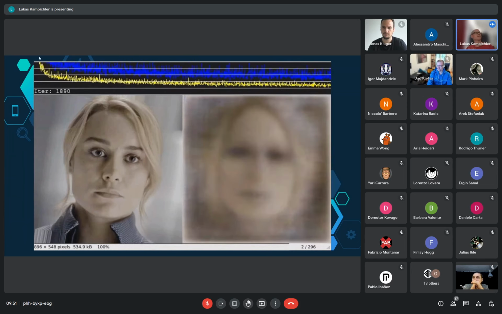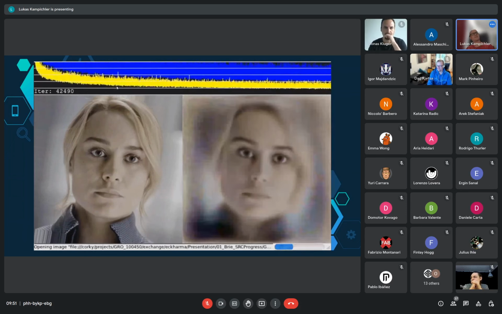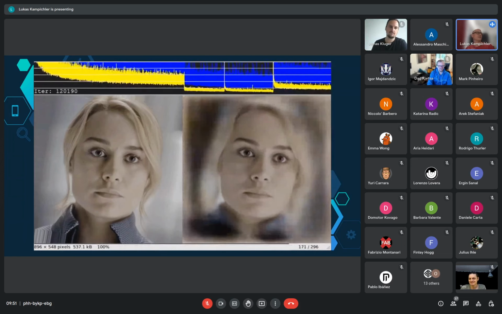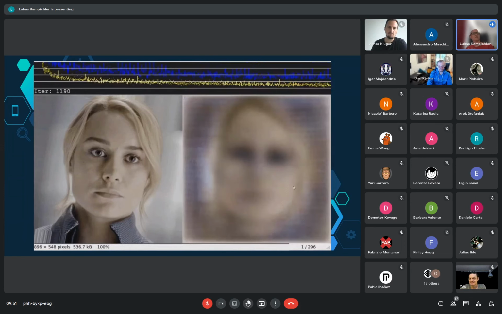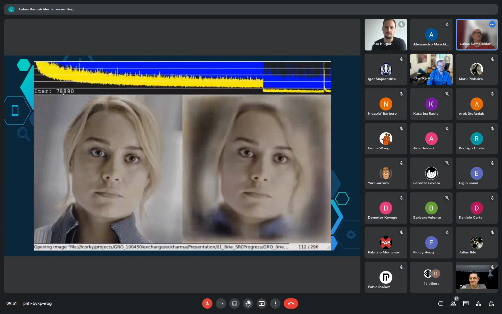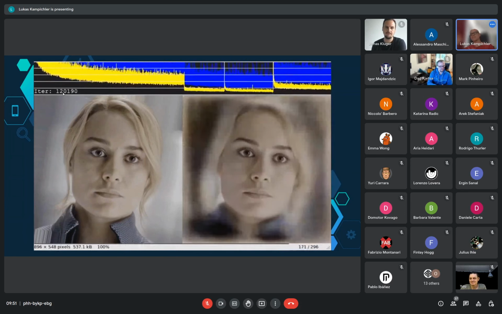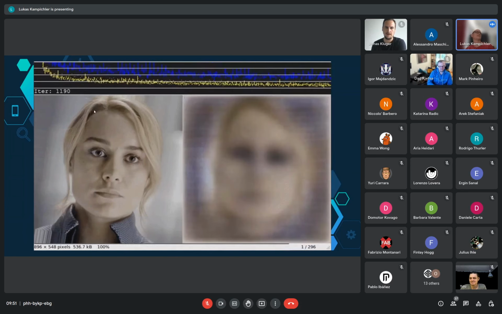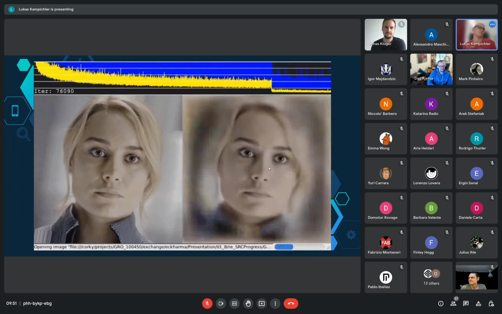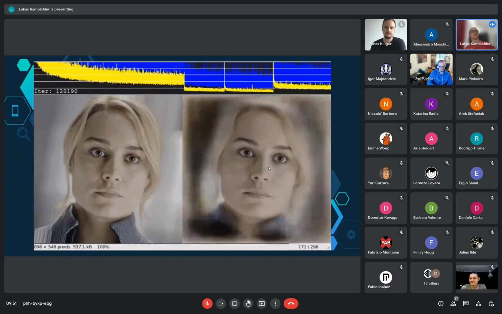In the beginning, the error rate, which you can see up here in the blue and yellow graph, is quite high, and you can also see that it's more of a blurry blob instead of a face. But after weeks of non-stop training and a couple of 100,000 iterations, we get out a quite nice looking face.